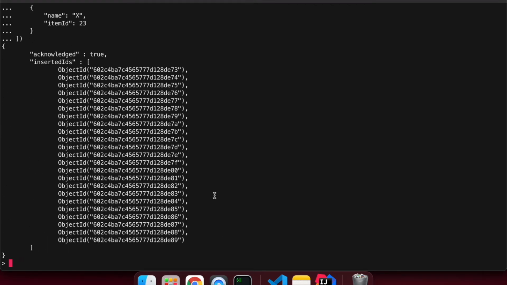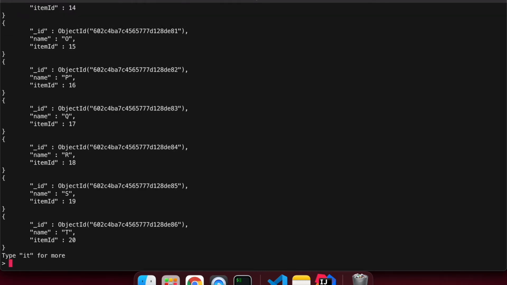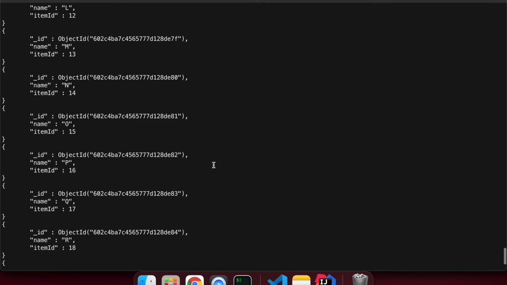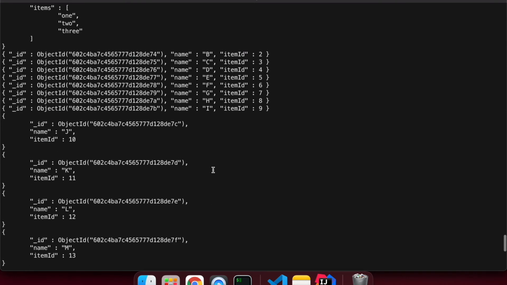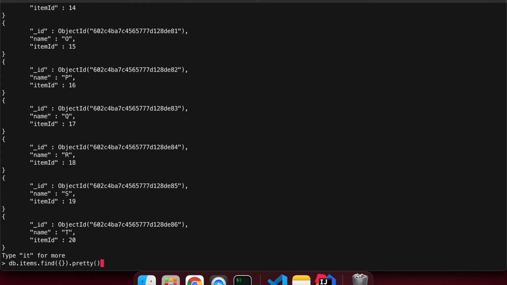Now we have all the documents inserted. And if we don't find that pretty, if you see the first document, right, where is there, here, right? Those first elements, we have made this document as nested. So under it we have address, and then another document, and another document. So let's try to find out through just one document.